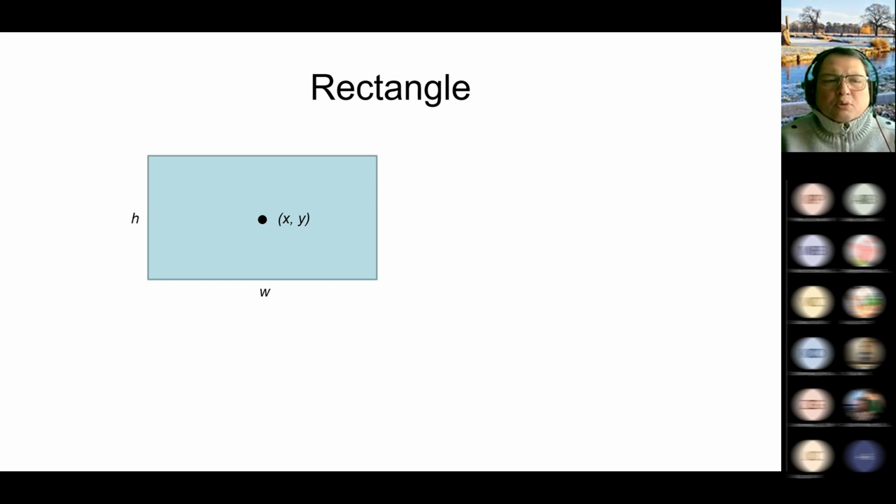I will go a little bit further. You are now familiar with object-oriented programming, so this notation should not be a surprise for me, but I will call my rectangle R, okay? So my x coordinate and y coordinate of the center of the rectangle are now r dot x, r dot y. The height is r dot h. The width is